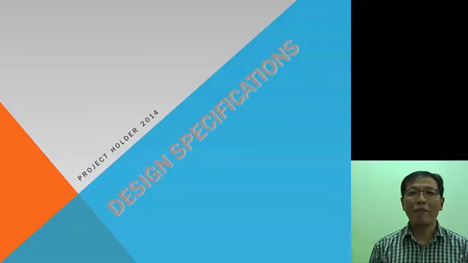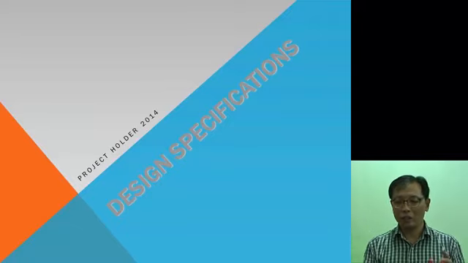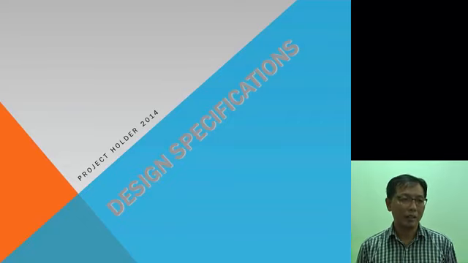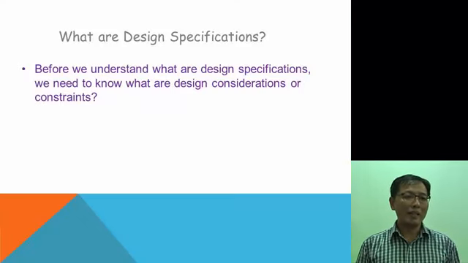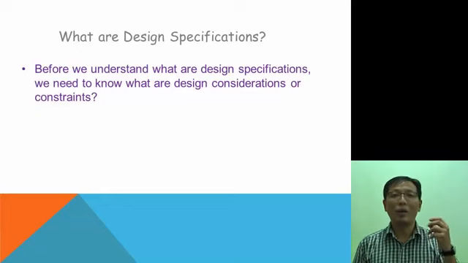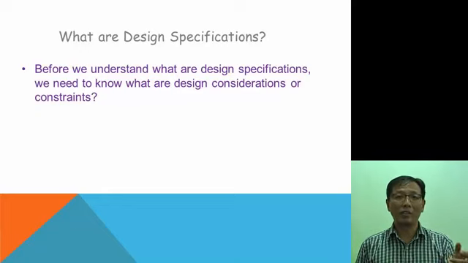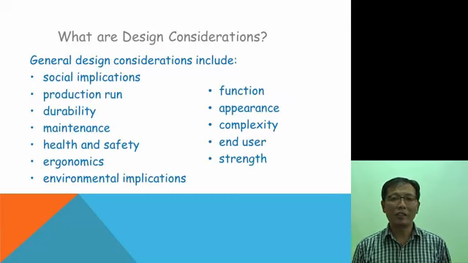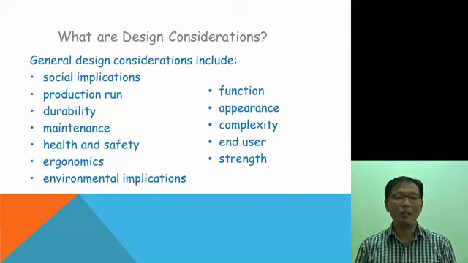Okay, some of you have problems with design specifications. So this is more detail about what design specifications are, right? Before we understand what design specifications are, we need to know what constraints are and what design considerations are. So general design considerations include things like social implication, green, you want to know whether